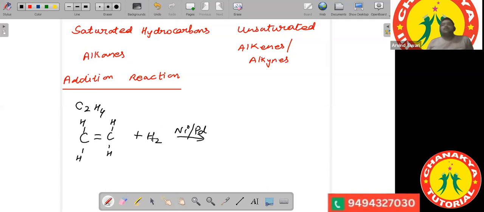But to add hydrogen, a space has to be created. And to create that space, there will be a cleavage. That means one of the double bonds will break, creating free electrons. So it will be something like this: you will have carbon, single bond, carbon, with hydrogens